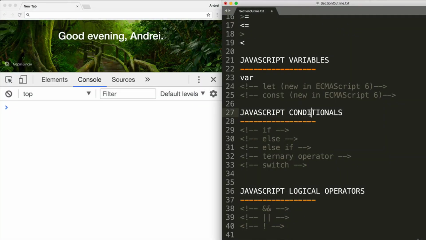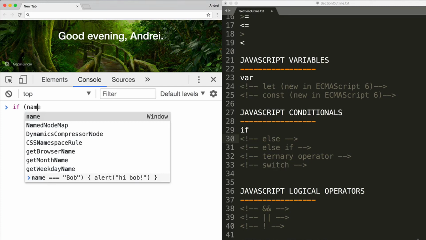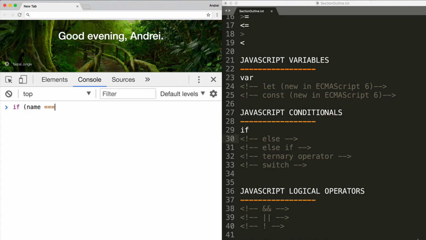So JavaScript conditionals, that's what they're called. We're going to start off with what's called an if statement. And an if statement kind of reads like English. We can do something similar to this. I say if name equals, remember 3 equal signs here, because we're not assigning a variable, we're comparing. If name equals Billy,